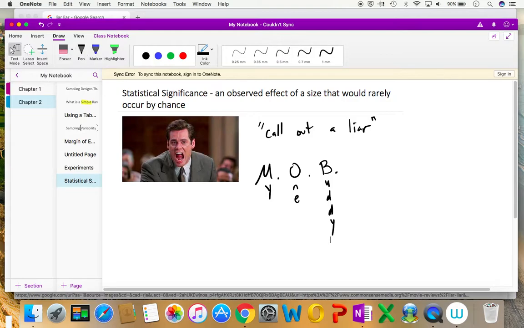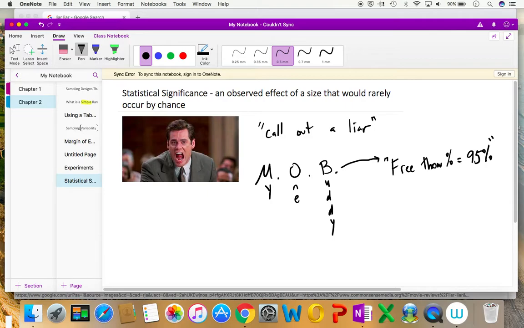Your my one buddy comes up to you one day and says, "Hey, Mark, I can shoot 95% from the free throw line. I'm 95% sure that if I were to take 100 shots, I'd make 95 out of 100 of them." So he's stating his free throw percentage. We're just going to put free throw percentage over here. It is 95%. This is his claim. I'm going to put quotes around that and point an arrow to MOB. MOB, free throw percentage, 95%.